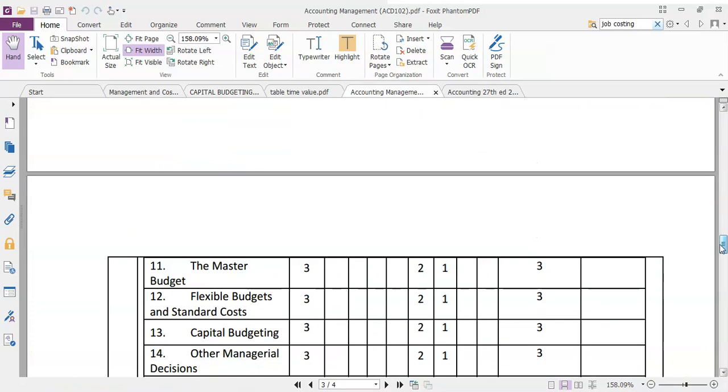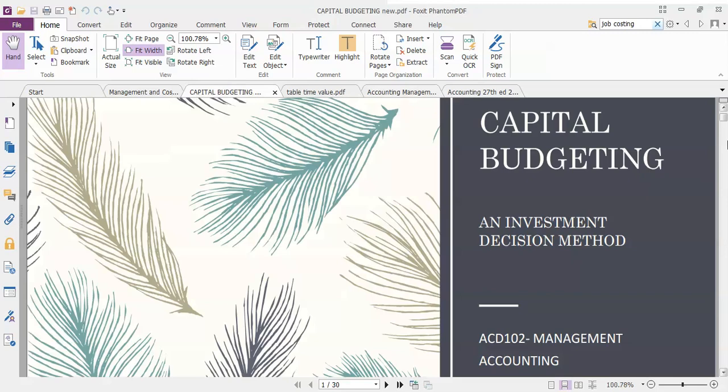CVP, the master budget, and also flexible budget. Okay, these three chapters I will give you as an assignment. Okay, do you understand? Okay, so each of you take one topic. Okay, and then what you need to do is look at the notes. I will give you the notes, okay, PowerPoint, and also